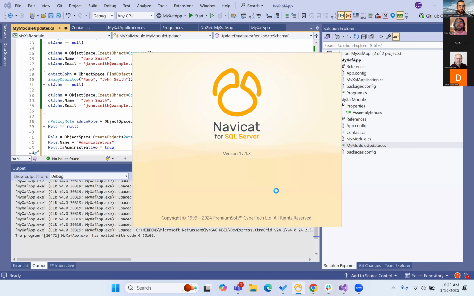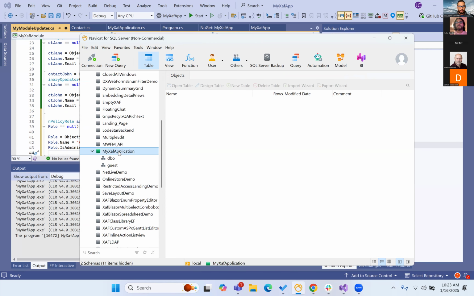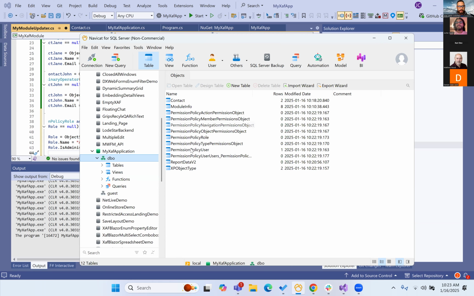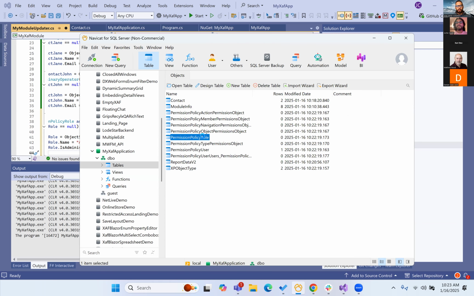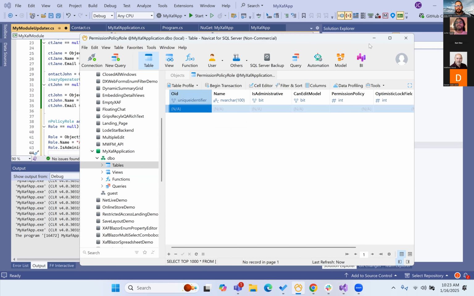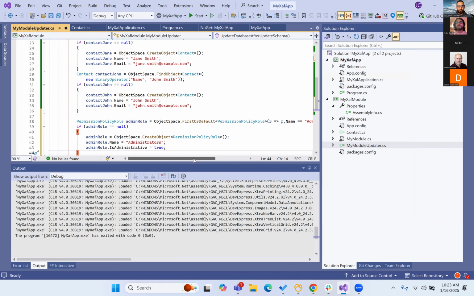Of course, if we go to the database and check my XAF app, we will have in user the user that we just saw in our app, but if we go to role, we have nothing. So let's fix that. Let's create a role that will be administrator. And if we run this now,